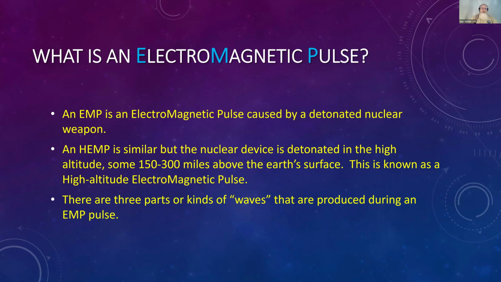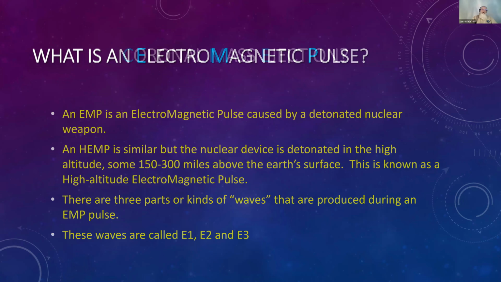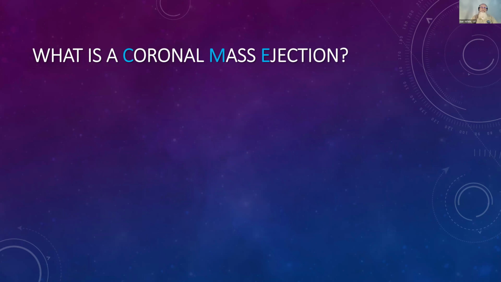There are three parts or kinds of waves that are produced during an EMP pulse, and we are going to talk about those. These waves are called E1, E2, and E3, and I'm sure everybody has heard of this from one in the past. So we're going to discuss each one and how they are similar to this right here, a coronal mass ejection,